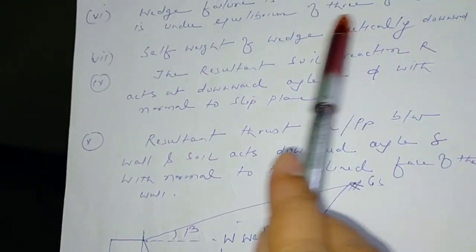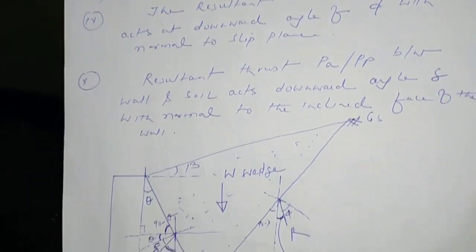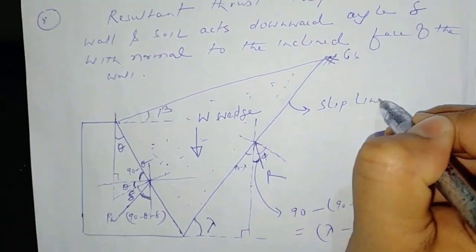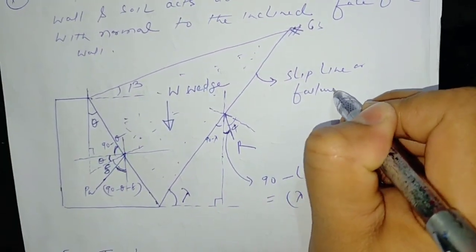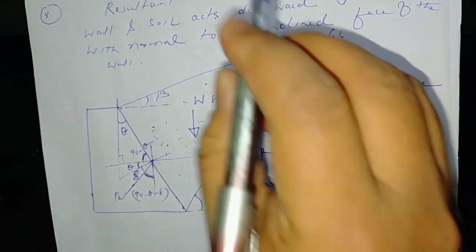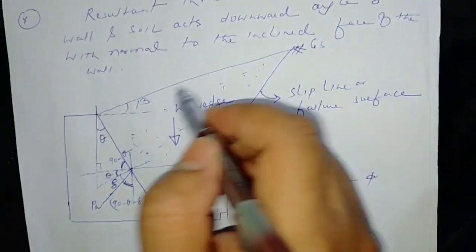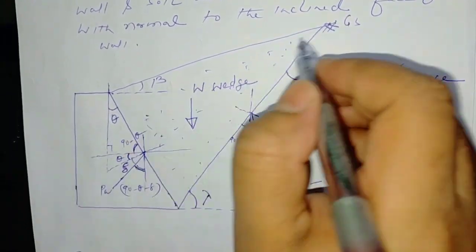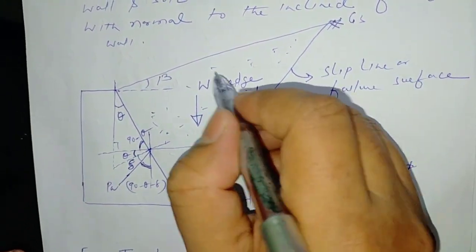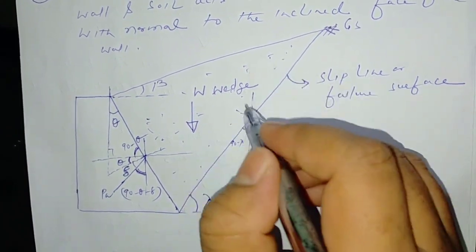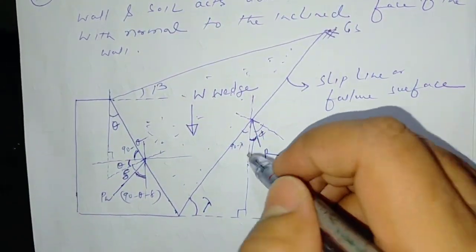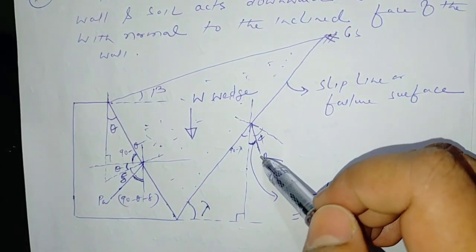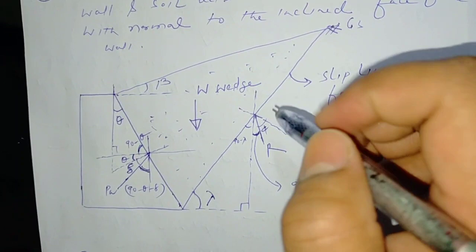Wedge failure is considered which is under equilibrium. So this is called the wedge. This is called the slip line or failure surface. The self weight of the wedge is vertically downward, the entire self weight. We can compute the weight as the area of this wedge times the unit weight of the wedge. This is the resultant soil reaction, R, which acts downward at an angle phi with the normal